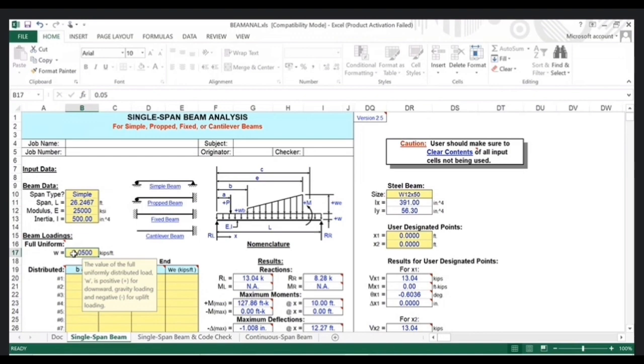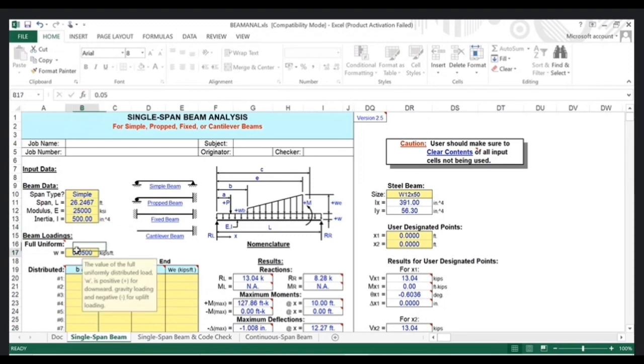No, there is no change in the beam. Okay, but this modulus of elasticity and the inertia will affect the deflection and the slope values. So if we have to find the deflection value and slope value, then we can put the proper modulus of elasticity and the inertia value. Okay. Got it.